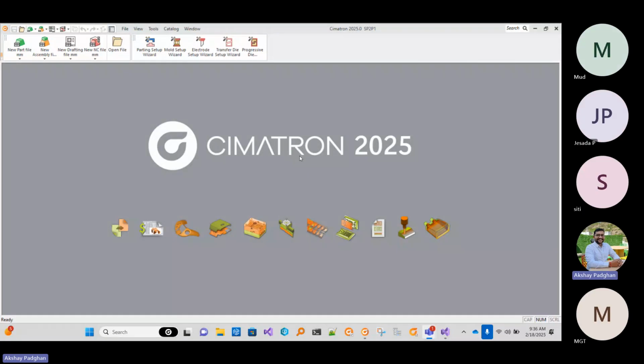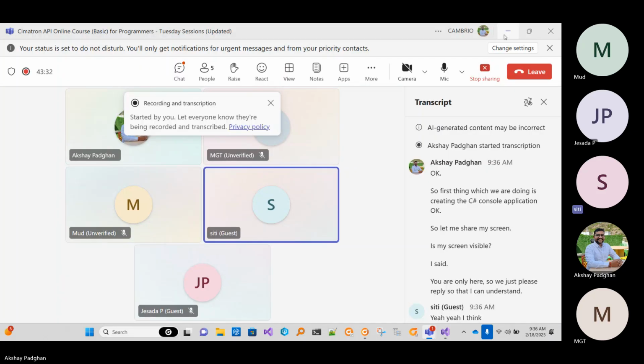Is my screen visible? It says you are only here, so you just please reply so that I can understand. Yeah, I can see your screen. Okay,